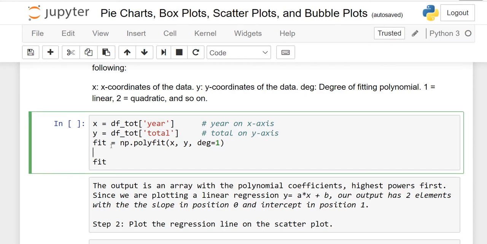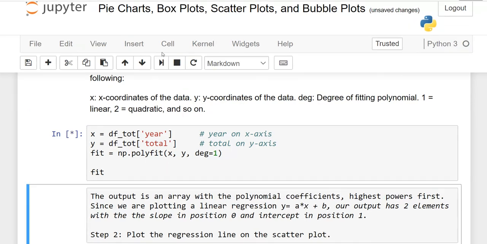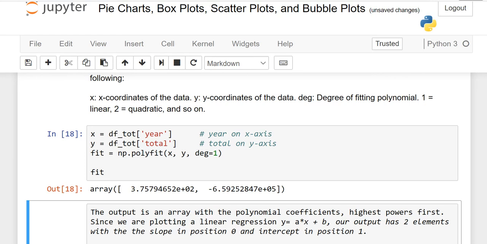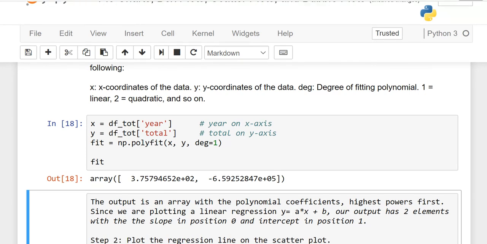And then is the fit function, right? This is numpy.polyfit. In parentheses, write down x. So x we have defined here, only write down the name of the variable. Same for y, only write down the name of the variable instead of writing all this. Degree is equal to 1 because we want a linear line of best fit. So 1 means linear, 2 means quadratic, but we are using linear here. That is why I said degree is equal to 1. When I run it, you will see we have two numbers, right? What these numbers represent, I will show you.